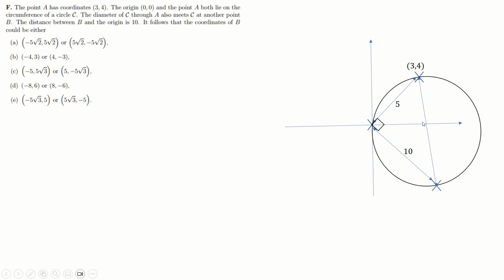5 squared plus 10 squared, rooted, is 5 root 5. So I need the distance between this point and this point to be 5 root 5. And that's how I decided to check which of these answers it is. I can also, of course, use the information that the distance between the origin and this point needs to be